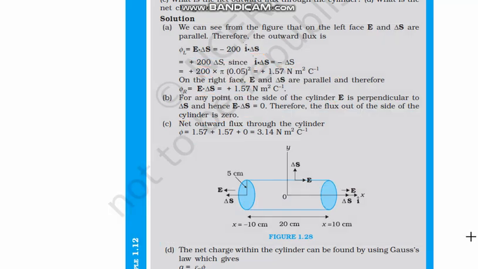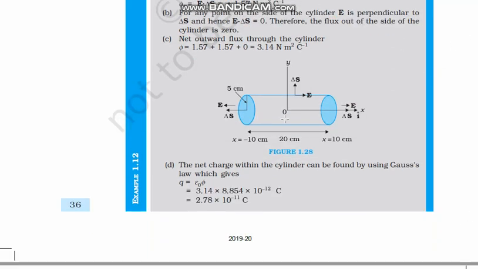Again, the total flux is not 0, that means the charge must be inside the cylinder. As we discussed, the charge is inside the cylinder, hence we get flux going left on the left side and right on the right side. Otherwise, if it were outside, the field would point only right or only left. Since we get both sides, the charge is inside this cylinder.